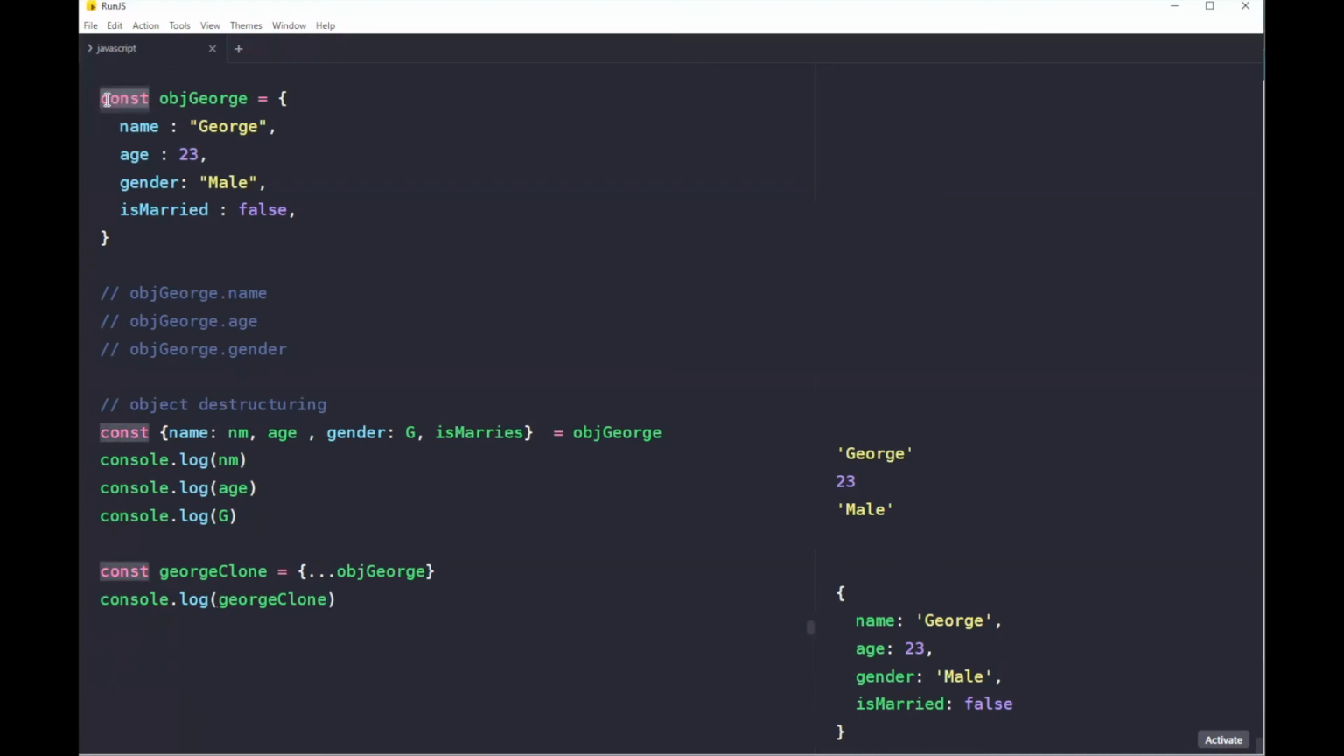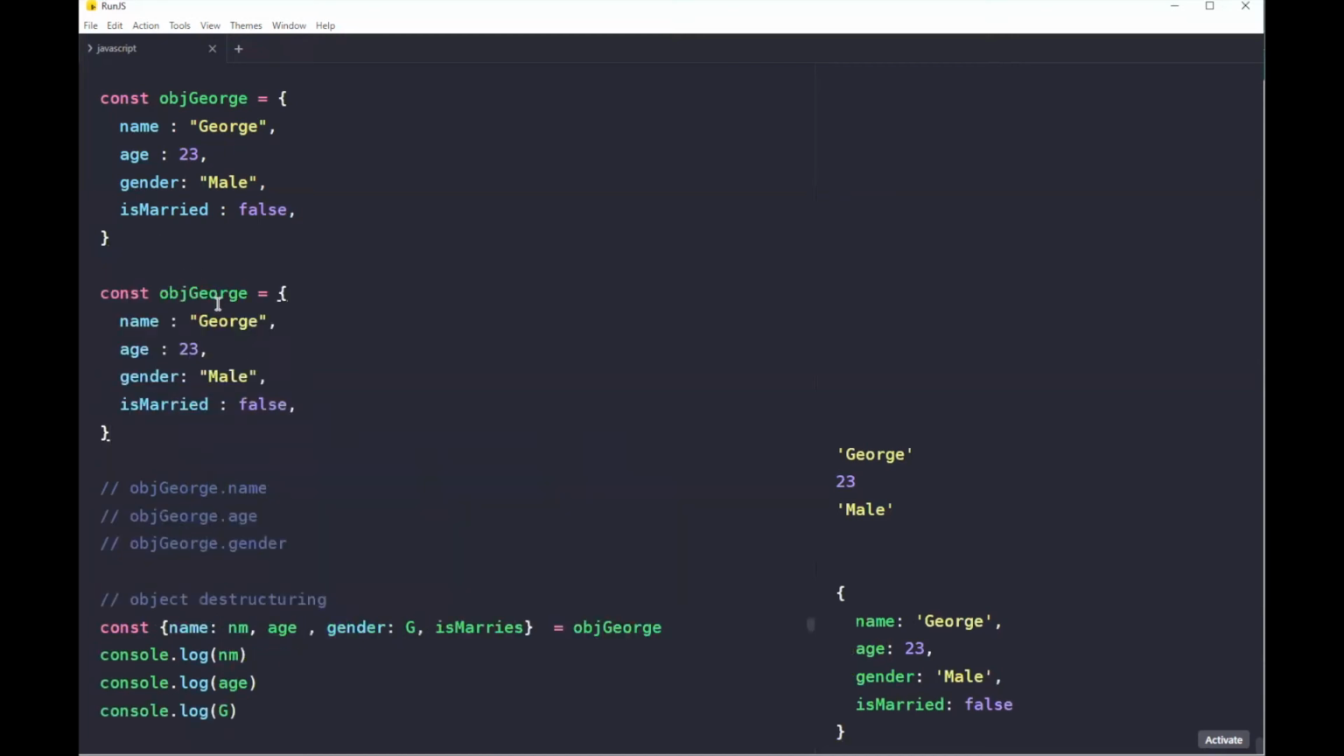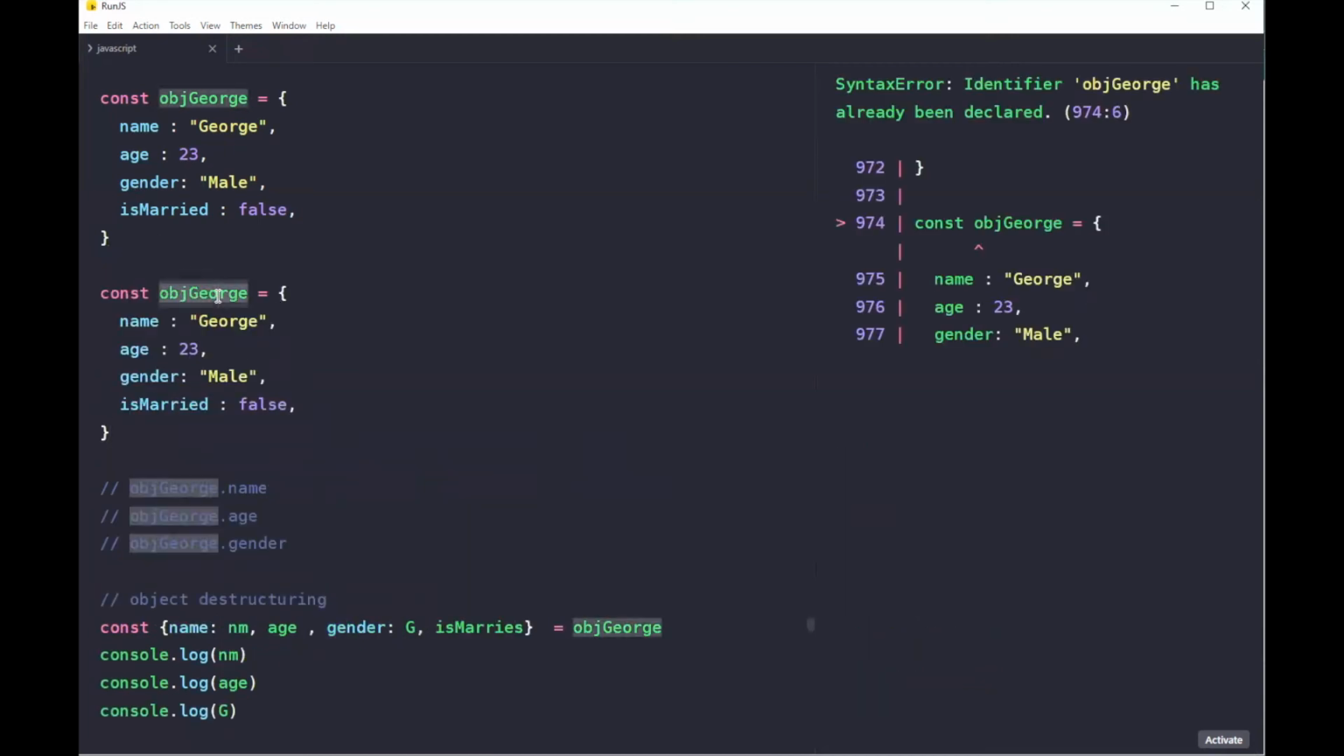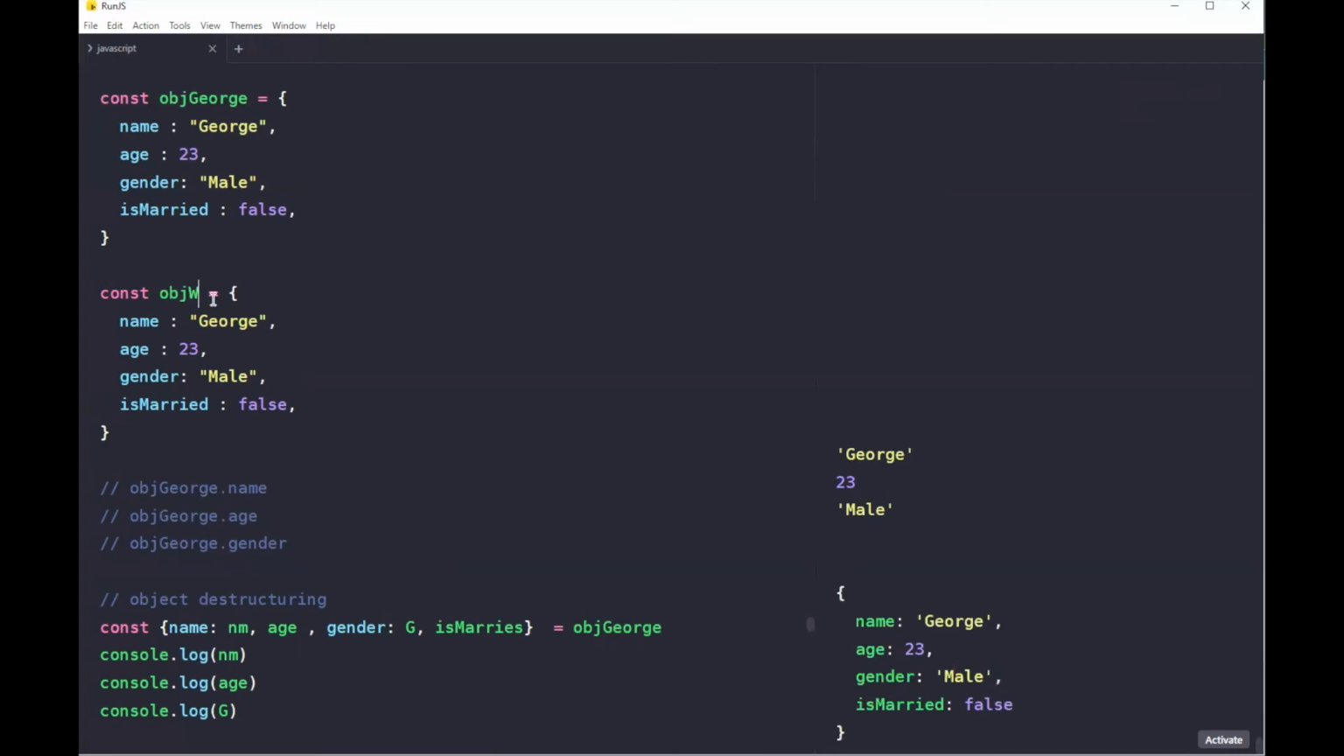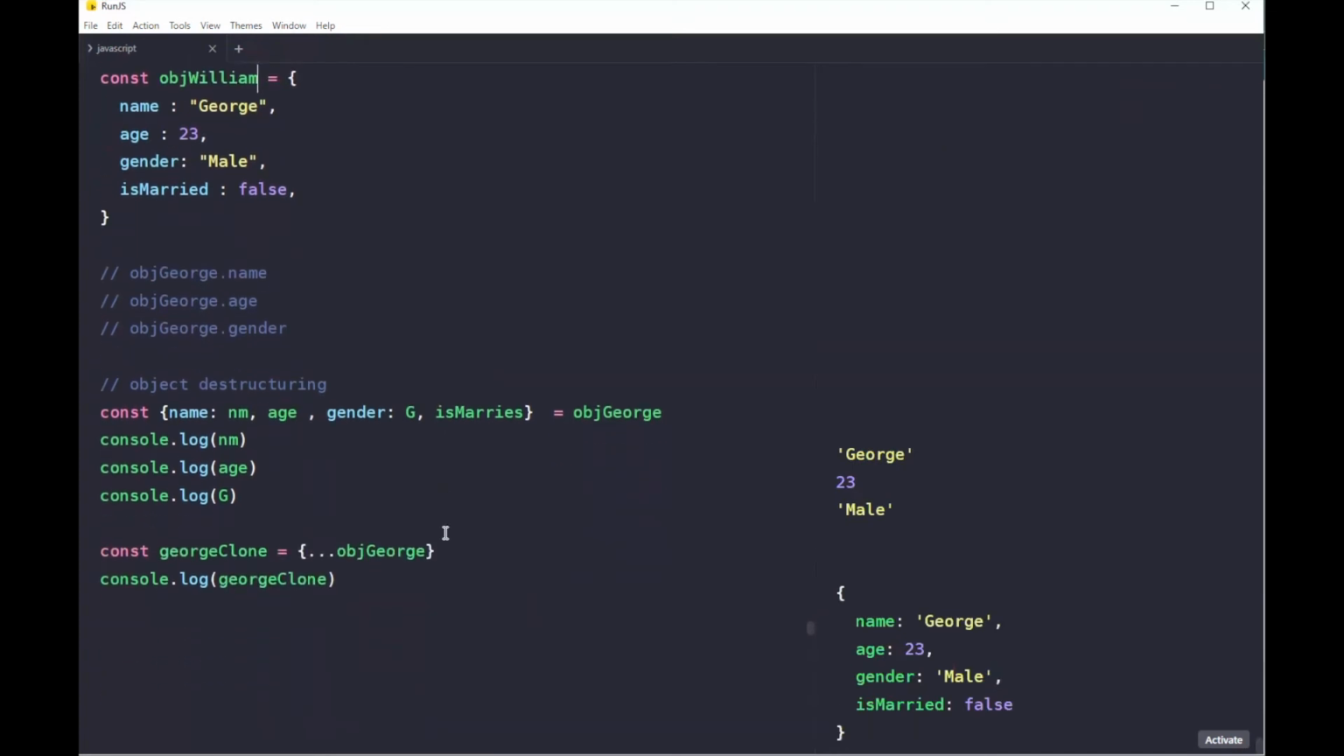Let's create another object and call it William. Let me copy this and paste it there, and just do objects with William. Now, assuming that we want to concatenate these two objects together and make them one,